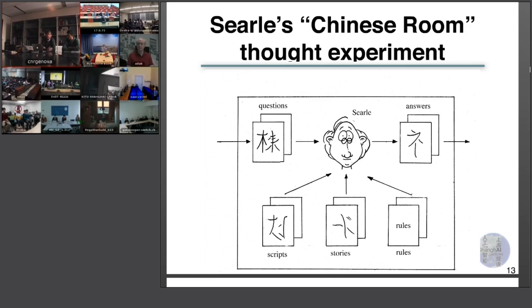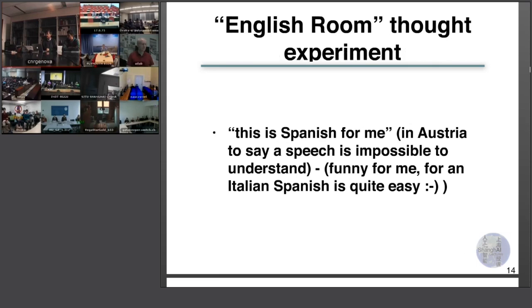Put a person like Searle, or me to a very large extent, who doesn't understand any Chinese, and raise questions in Chinese to this person closed inside the box. He will give answers if he has a kind of long list, a lookup table where he can match the question with the answer. Of course, this is very